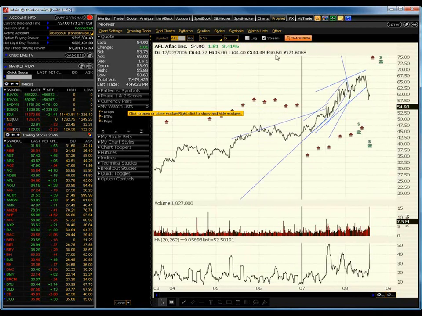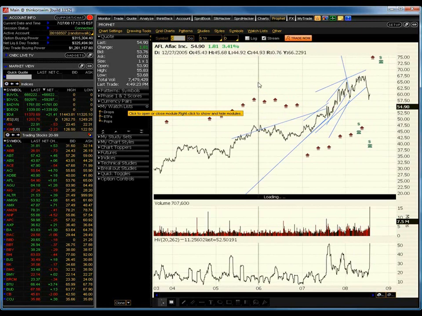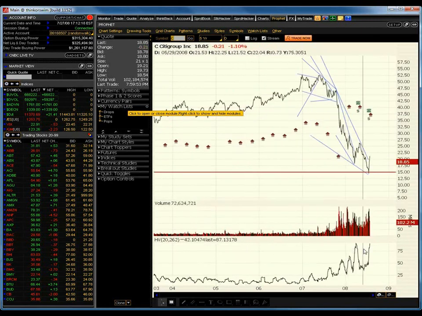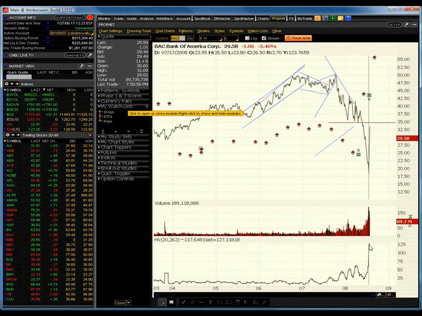Aflac is definitely in the high end of its range. Citigroup, definitely in the high end of the range. Bank of America, a very, very high end of a long range. The problem with gamma scalping in a bear market like we've had, let's take a look at the Dow Jones